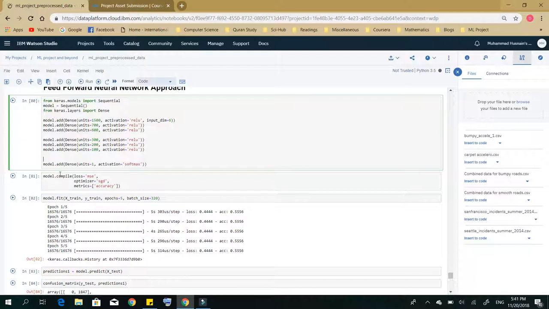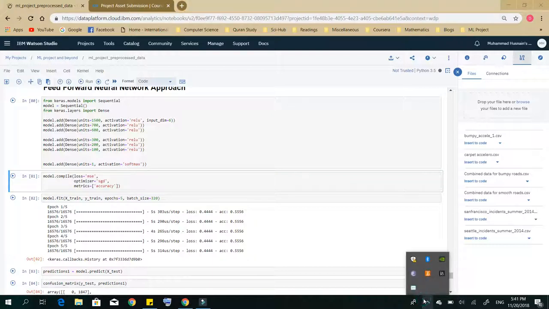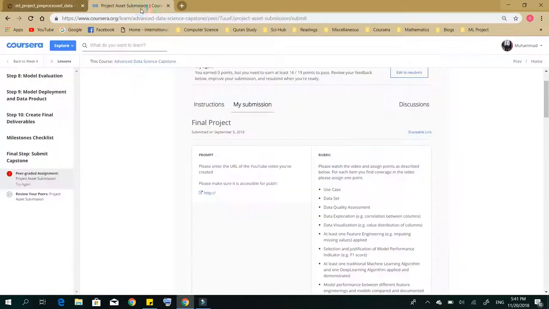and compile, and as we compile this, we use the mean square error. We can also use the mean absolute error. The optimizer is SGD, stochastic gradient descent, and then we will fit the model, make some predictions, and